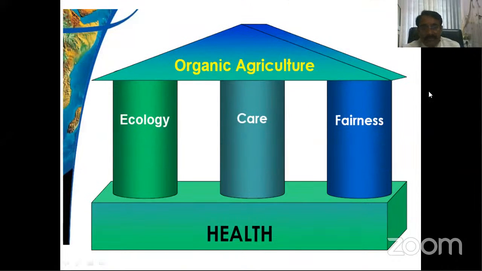Organic farming is basically based on four principles. The basic principle is health, on which the whole of organic farming depends. Health of the soil is the primary aspect, then health of the human being, health of the animals, and health of the ecology or environment. So the base of all this is health, then ecology, because it's a living system and the whole agricultural system is a living system. We must maintain that living system.